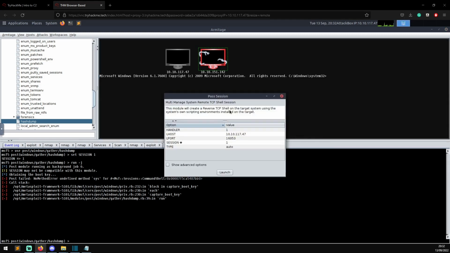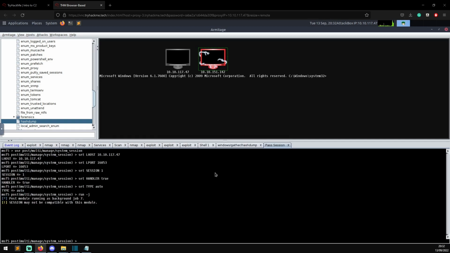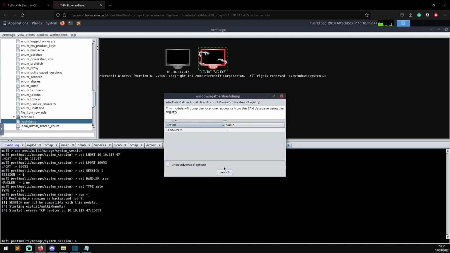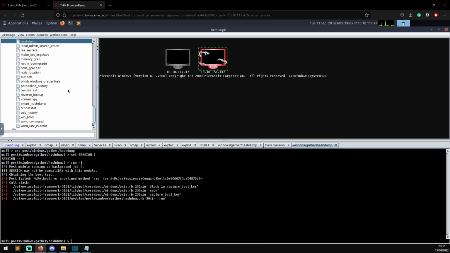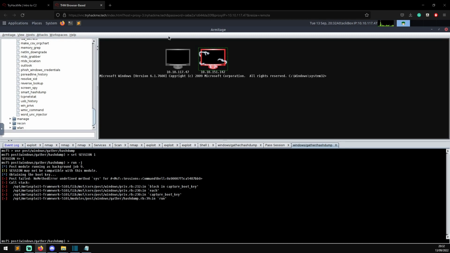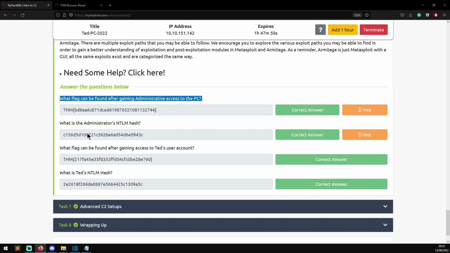This module will create a reverse shell on the target using the system's own scripting environment. Launch, maybe? Okay. Try and drop that on there and launch that. Yeah, it still doesn't seem to want to get the hashes. But you could probably upload Mimikatz to it or something and then get the hashes there, but those are